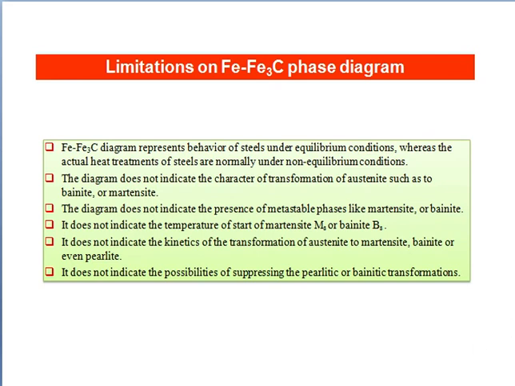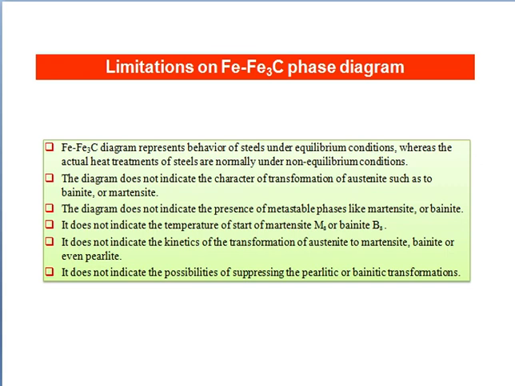So, the iron-iron carbide phase diagram can be understood by knowing the presence of various phases in different phase regions of the diagram, their relative properties, and the various temperatures and compositions at which phase transformations take place. The iron-carbon phase diagram shows the presence of many phases and microconstituents such as ferrite, austenite, cementite, pearlite, and ledeburite.